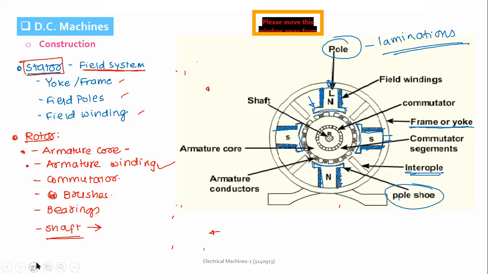So how the flux will be distributed here in the machine, if I explain. When the current is passed, see this entire winding, let's say here it is positive. Then a number of turns are wound over this pole like this. Then it is wound over here on this pole, then over here on this pole, and over here on this pole, and then it is taken out as minus. So this is how the field winding is wound. It is a continuous winding wound in such a way that here we have four poles. So nearby poles will act as the opposite pole when the current is passed through the coil.